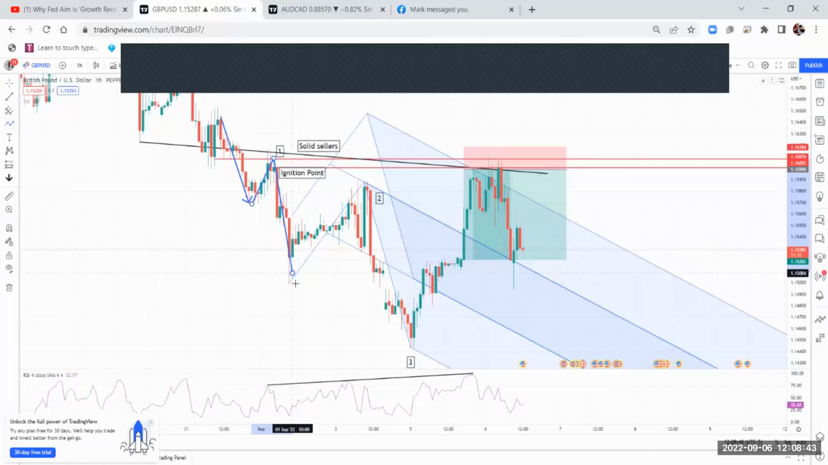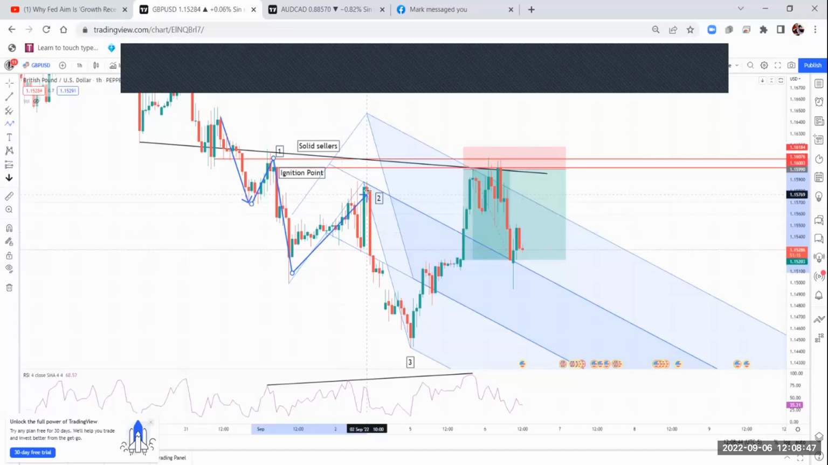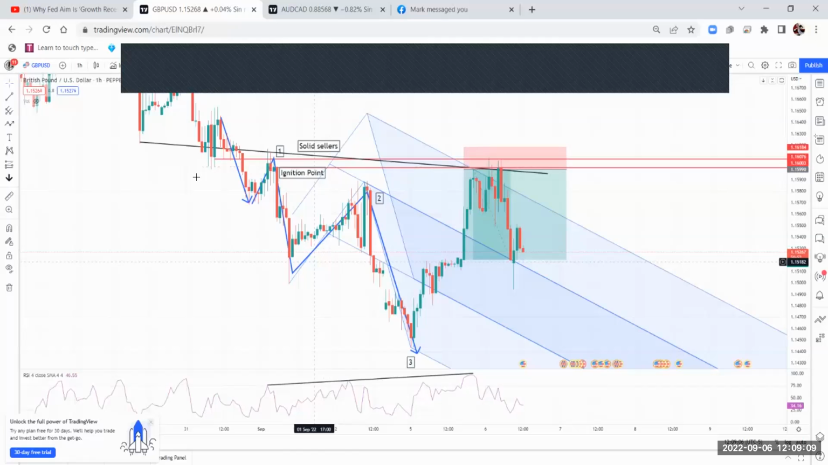Okay, then we proceed to come up and down. So that's our structure, right? That's our structure right here. Our solid structure. Obviously, we're bearish, right? And what we proceed to do is first,